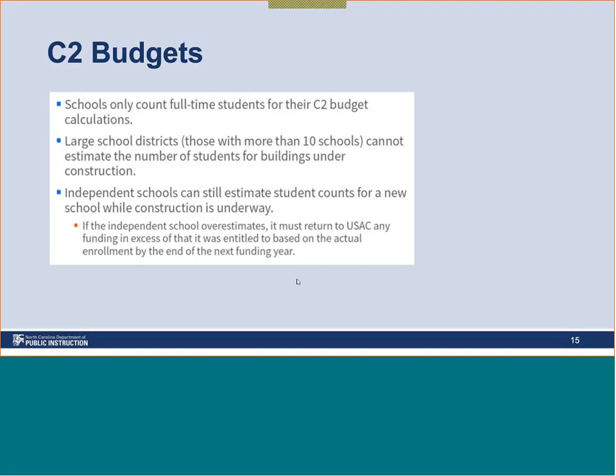Folks, read that red bullet there. You have to pay it back by the end of the next funding year. Okay? So if you applied based on 800 kids and you really only enrolled 400, do 400 times the 167. By the end of the next funding year, you have to pay that money back. It's hard enough for you to come up with operating expenses, and now you're going to have to pay this